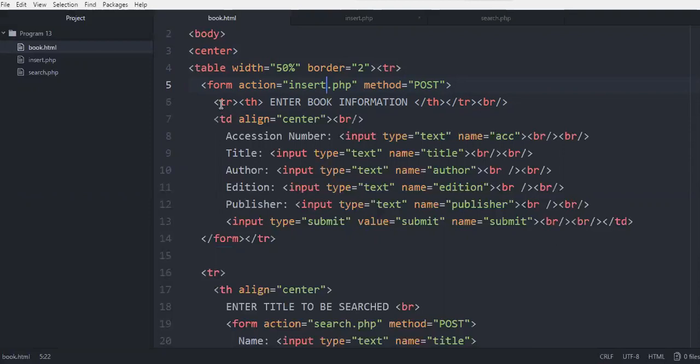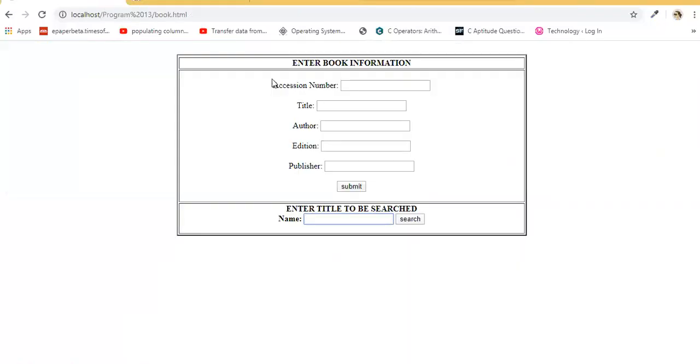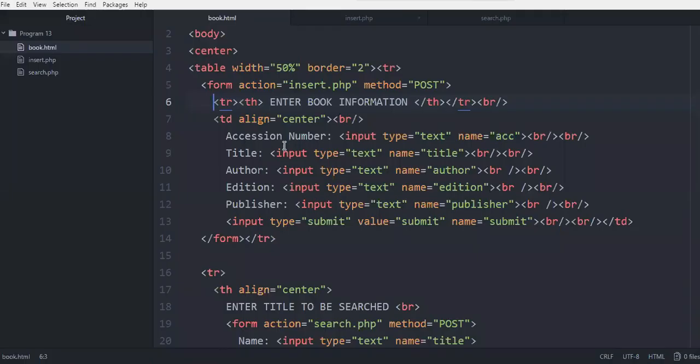Now we have created another row here. So inside this row, we are writing enter the book information. Then after this we have to give the data fields. So the data fields are accession number, title, author, edition, and publisher.